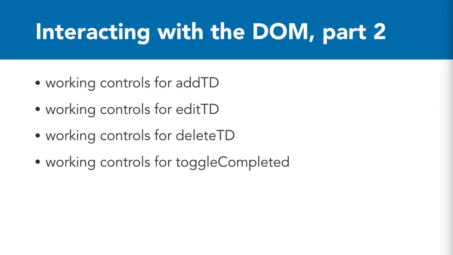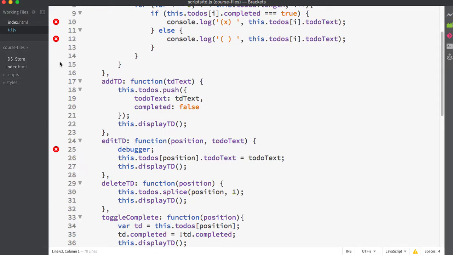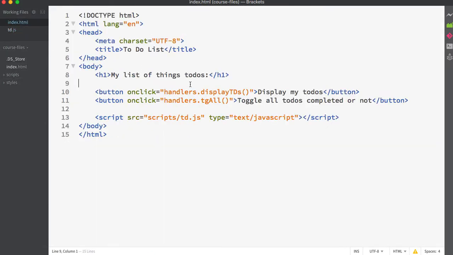So we're going to start off by building out our interface controls for our addTD method. I'm going to go into my HTML to begin with. And in the HTML, we're going to add a new button for adding to-dos. And we also want to add an input field so that the user can input the text that they want